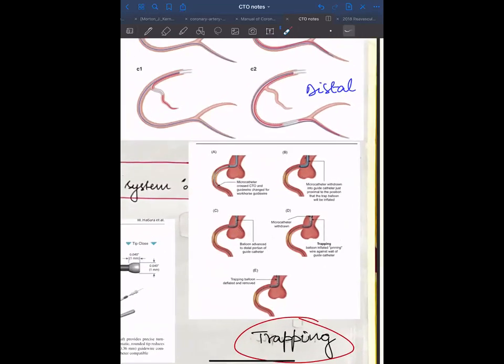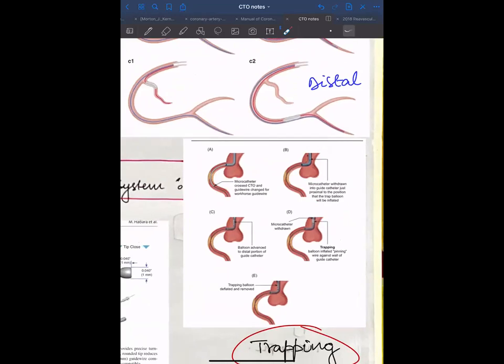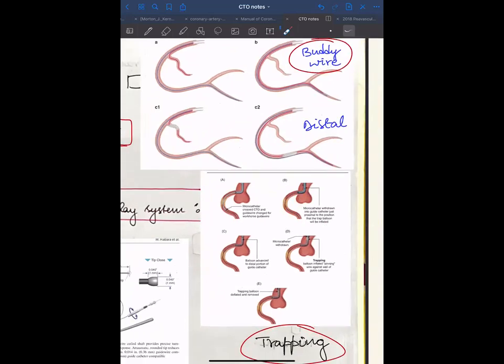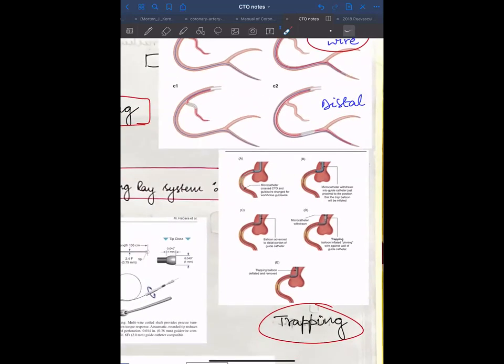So one thing which is important is trapping. The concept of trapping is that the microcatheters which are used to cross the CTO, you want to remove them without losing the access. So one should be aware that the microcatheter gets very tightly adhered to the wire, as they have an almost similar profile as the wire, a little bigger than the wire. So they're quite tightly adherent to the wire after they mix with the blood. While removing this, after all the hard work, it is very important not to lose the access into the CTO. So what we do is something called trapping when we are trying to remove the microcatheter.